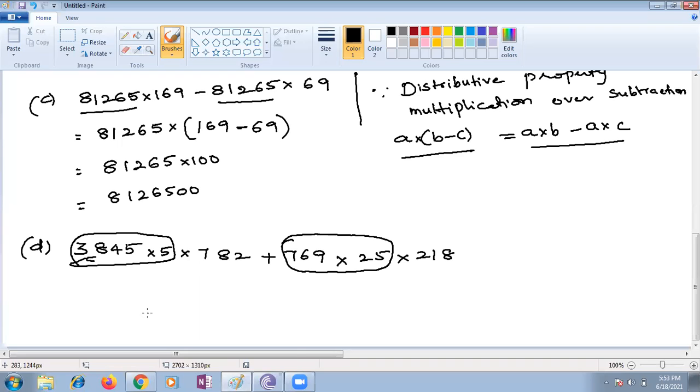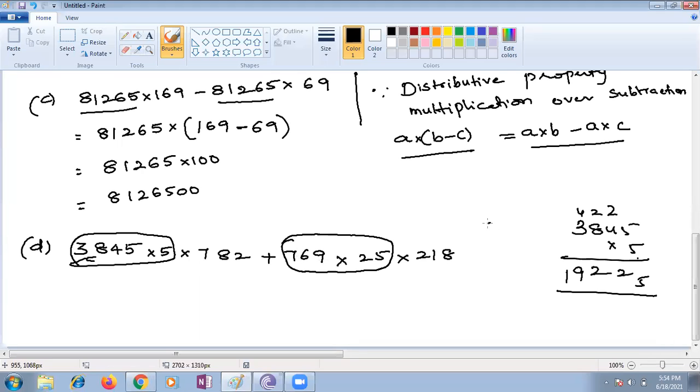That's fine. Ma'am, I sent my answer in the chat box. Wonderful, you are a really good student. According to you, you can divide the complete one by 5 so that you will recognize the mother. Or else, I just marked some points. You see, 3845 you are supposed to multiply with 5. 5 fives are 25, 4 fives are 20 plus 2 is 22, 8 fives are 40 plus 2 is 42, 5 threes are 15, 15 plus 4 is 19.